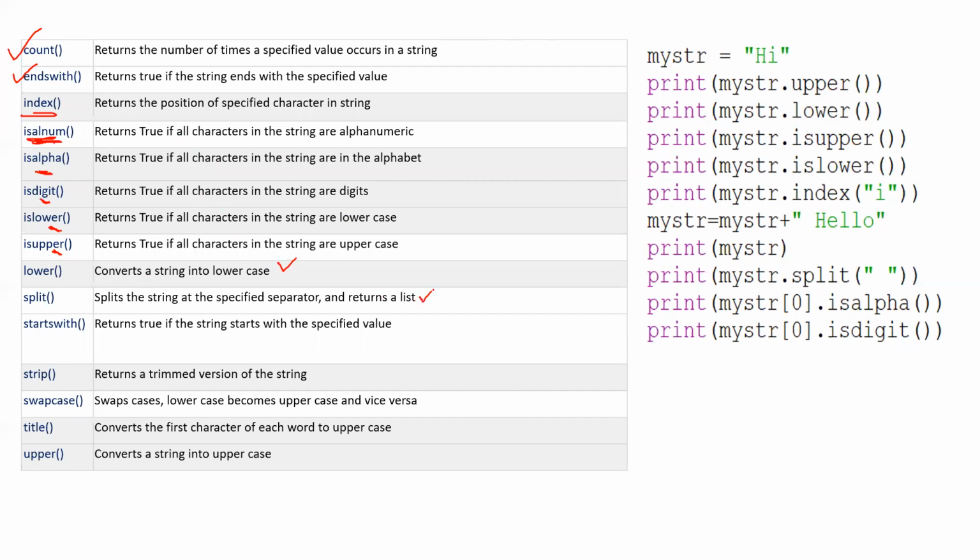Split the string into words. And strip is used to remove the leading and trailing spaces. Swap the case, uppercase to lowercase and lowercase to uppercase. Title is used to convert the first letter of every word to capital case. Upper is used to convert to uppercase. You can try this code and observe the results.